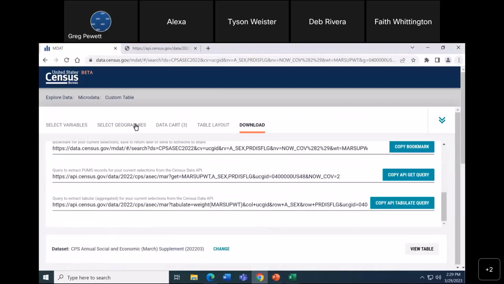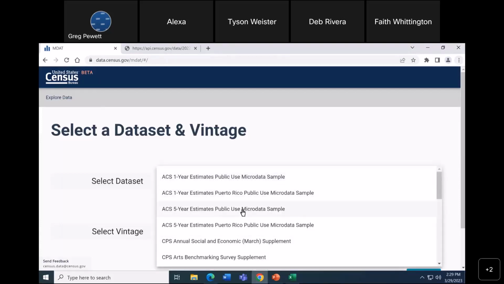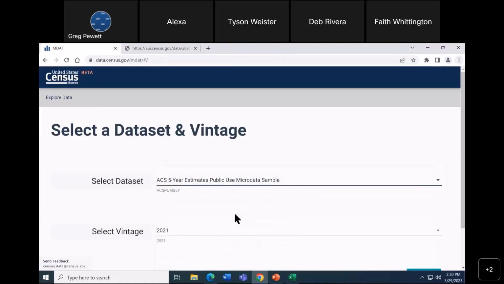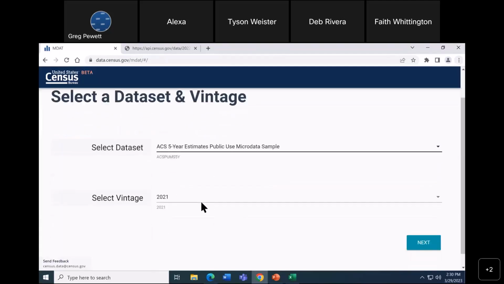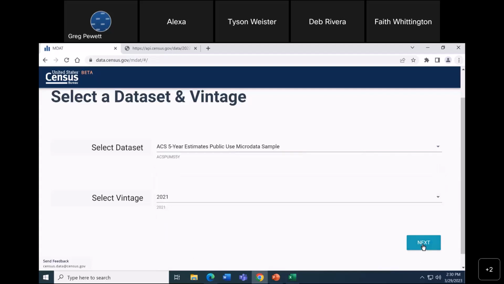Going back to the site here, I'm going to click Microdata in the upper left. For this, I want to use the American Community Survey, so I'll choose Select Dataset. I'm going to choose ACS 5-year estimates public use microdata sample. I'm using the 5-year so that I have more responses since I am asking for very detailed topics and detailed geographies. Next, under vintage, just going to confirm that I'm using the most recent vintage, which is the 2021 ACS 5-year estimates. I'll click Next in the lower right,